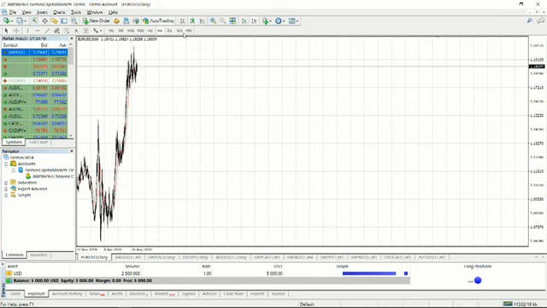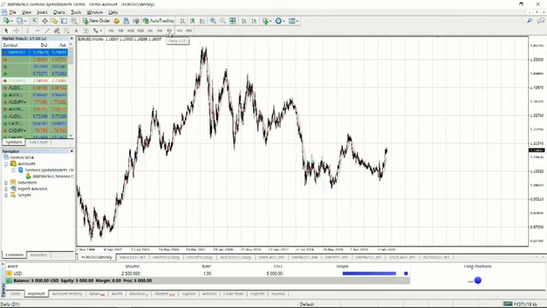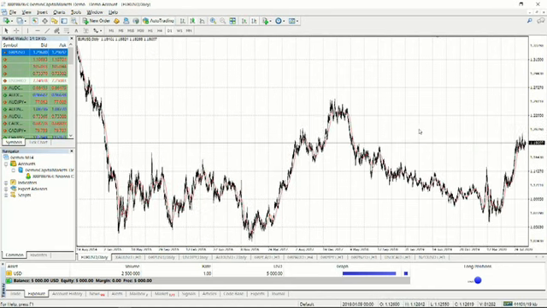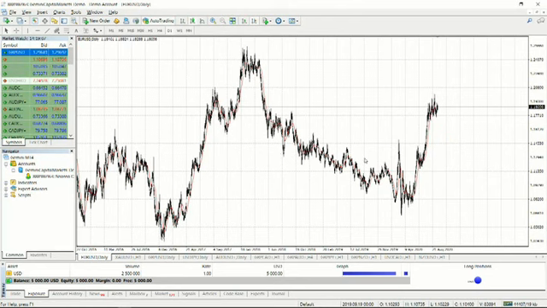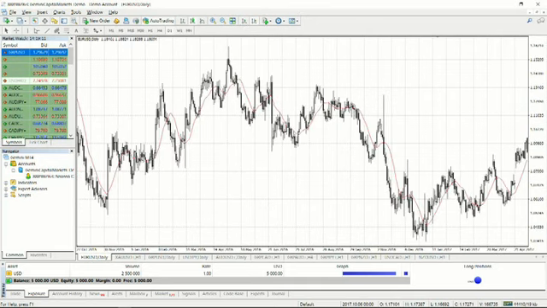Now, you want to pick areas that are clear to identify. So pick turnarounds, areas that are clear to identify. You want to use the horizontal line. If you're using your mobile phone, it's also there. You can use your MT4 on your mobile device. What you want to do is just pick up a chart. When you pick up the chart, just press anywhere on the screen. Once you have a chart open and you press anywhere on the screen, there should be an icon